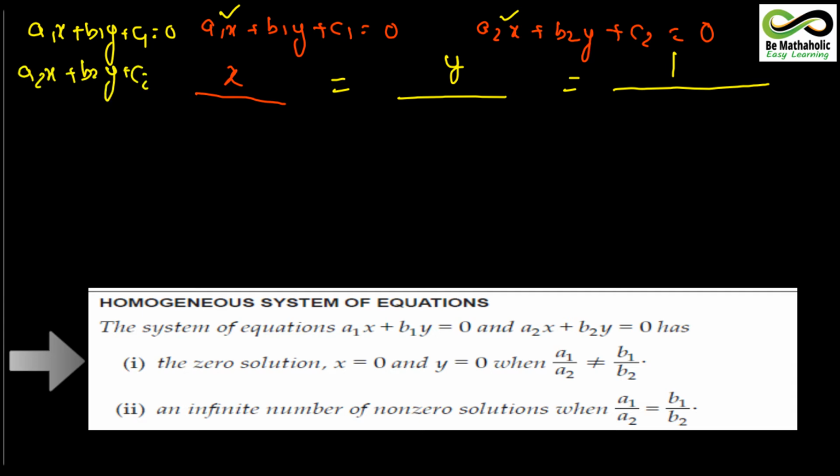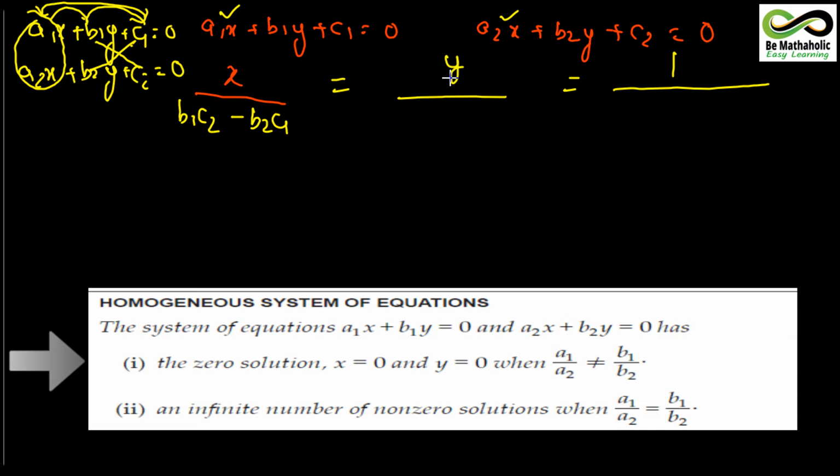So both the equations you write in this manner, one below the other, and when we have to find x, the entire x part has to be skipped. Don't take this part. The coefficient of y has to be multiplied with c2 and c1 with b2, which means you have to take the rotation in this manner. Always jump and go like this. So when we take x, we do not use the coefficient of x, we jump directly to the coefficient of y of the first equation. So b1 is to be multiplied with c2 minus b2 c1. c1 b2 or b2 c1, it's one and the same thing.